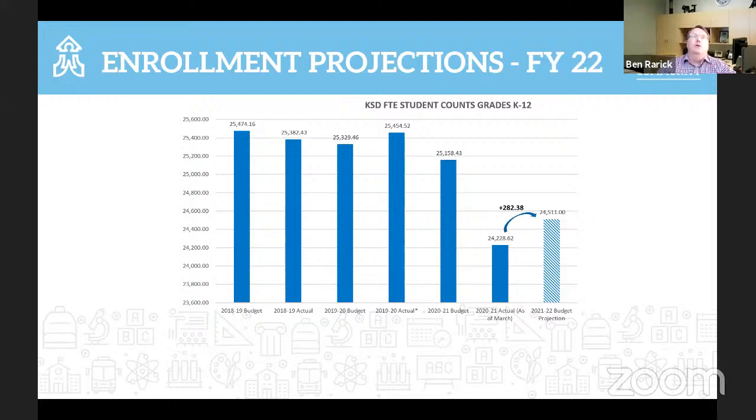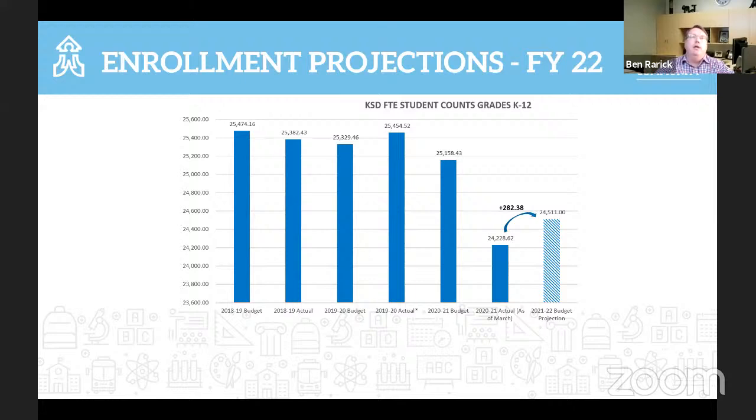Okay. So here is where we are at with regards to aggregate enrollment projections for next year's budget. These bars are showing you, going left to right, budget to actual, budget to actual, budget to actual for the last 3 years, right? And then the bar chart that is like the side hash there at the end is our current projection for next year.